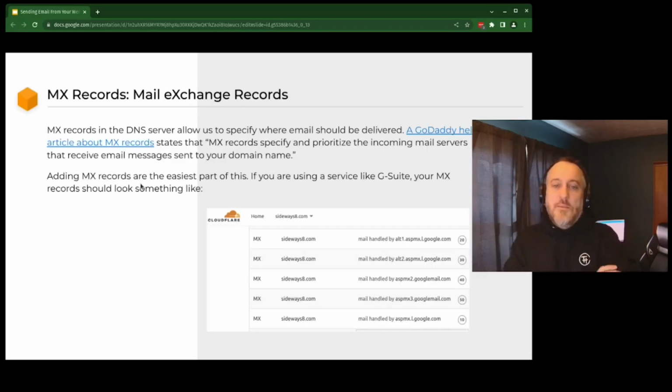MX records are super important. They stand for mail exchange records, and so if you try to send email to sideways8.com, which is my previous company when I first did this talk, that was what I used, so I'm using these same screenshots. When you send email to sideways8.com, my email client goes and looks up what are the MX records for Sideways 8, and then it sends it to those servers.